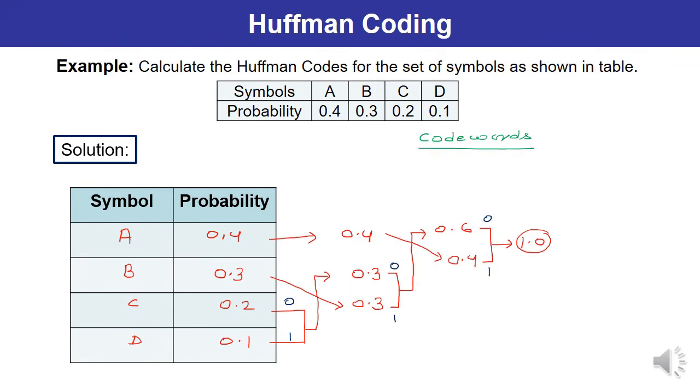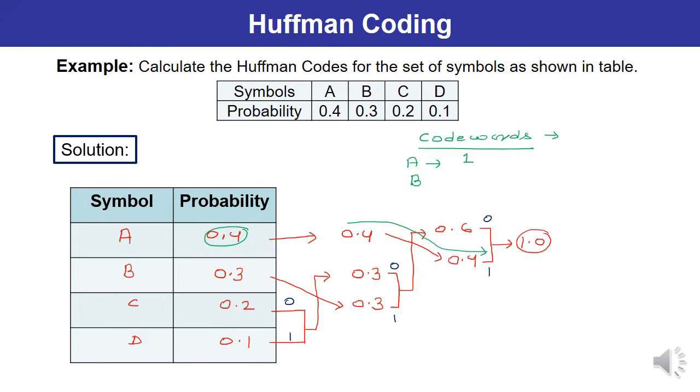First, let us see what is the code for A. You can see in this particular case, what is the value of A, which is 0.4. You can see what is its variation and what are the values being assigned. See, 0.4, none of the value is being assigned, then moving to this place and at this point. So here 0.4 is occurring at one place where it is being contributed over here and the value is being assigned as 1. So code word for A is 1.